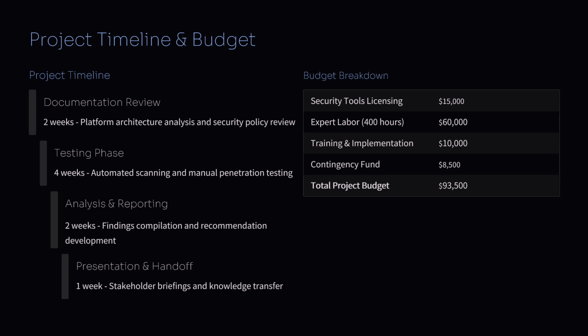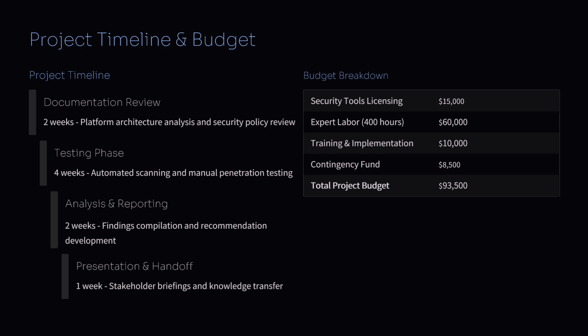Our cybersecurity project for TakeCare has a clear timeline and budget to ensure comprehensive protection while maintaining fiscal responsibility. The project spans 9 weeks total, beginning with a 2-week documentation review where we'll analyze your platform's architecture and security policies. This is followed by our most intensive phase, 4 weeks of testing using both automated tools and manual penetration techniques. We'll then spend 2 weeks analyzing findings and developing specific recommendations, concluding with 1 week of stakeholder briefings to